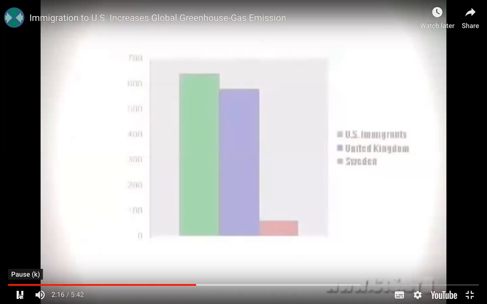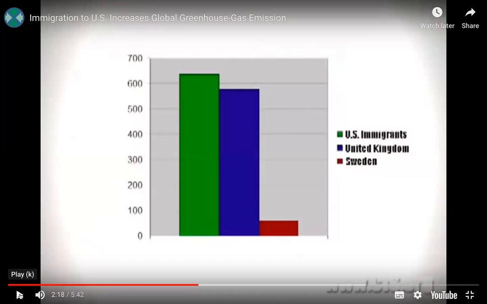A key premise of our study was that CO2 emissions are broadly correlated with income and economic activity, an assumption confirmed by experience and research across time and space. Major findings of our study include the following. The estimated CO2 emissions of the average immigrant, legal or illegal, in the United States are 18% less than those of the average native-born American. However, immigrants in the United States produce an estimated 4 times more CO2 in the United States as they would have in their countries of origin. US immigrants produce